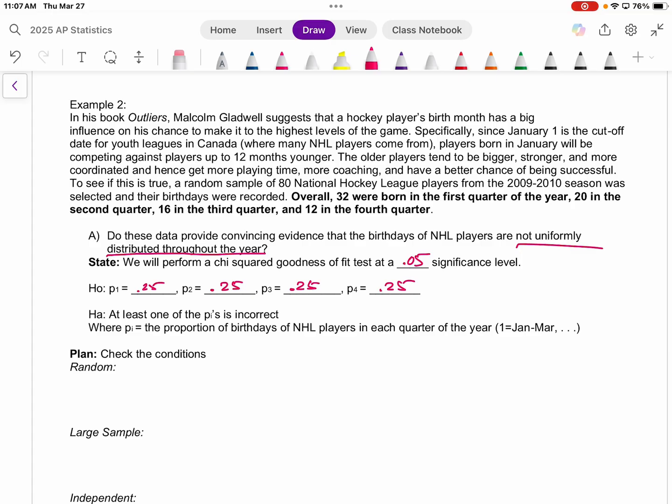So that's our null hypothesis. Our alternative hypothesis: at least one of those is incorrect. And then we define what the P sub i is. It's the proportion of birthdays of NHL players in each quarter, where 1 is from January to March, 2 is from April through June, and so on. So again, I would state in here a chi-squared, and you can use the symbol chi-squared,